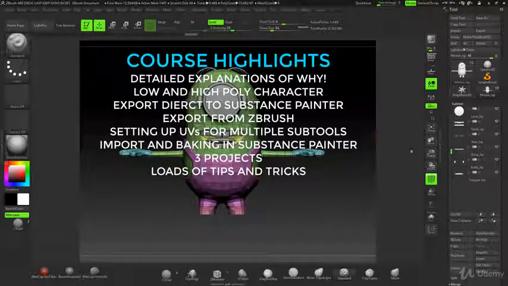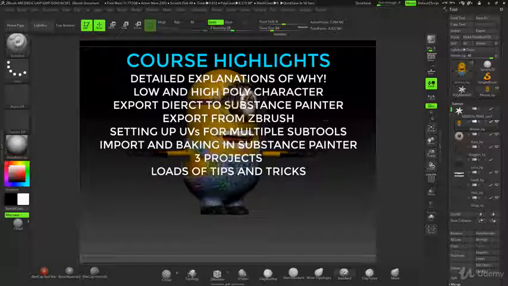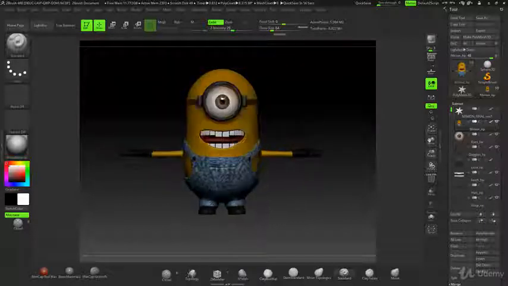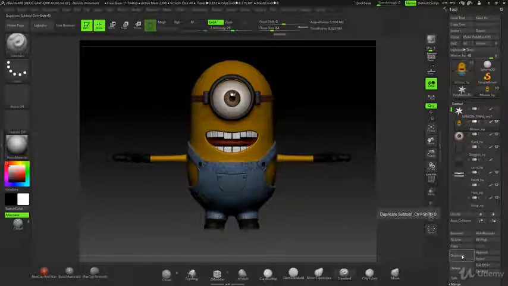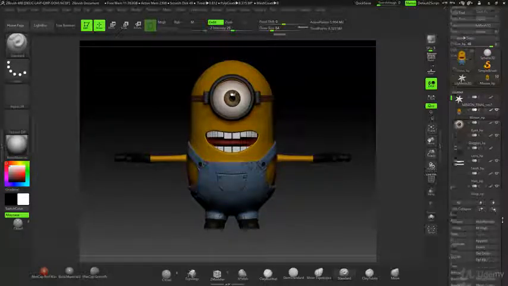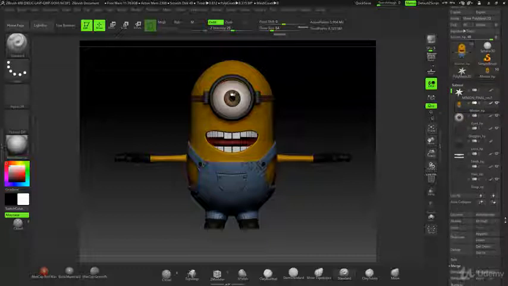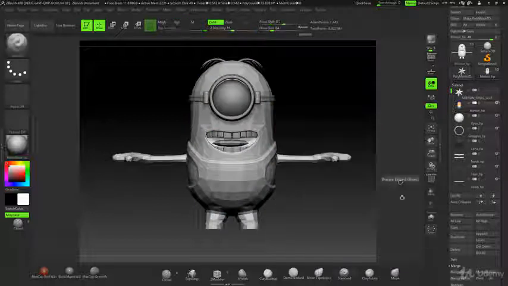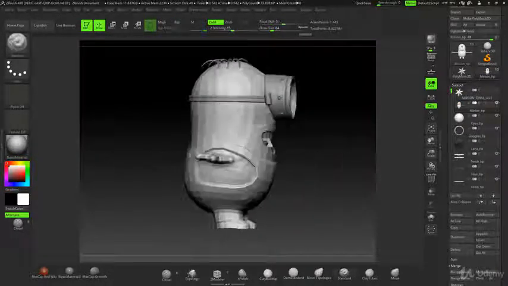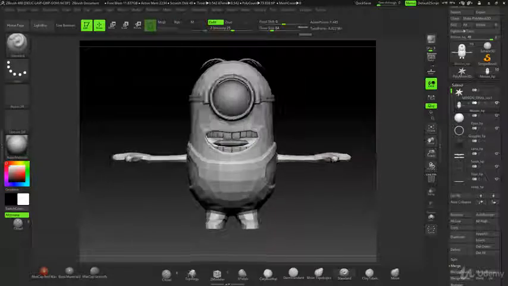So along the way we'll be creating a high poly character like this guy here, and then I'll be showing you how we can retopologize it to get a low poly version of it. To show you the low poly version of this, I'm just going to go into this and click this off, and this is our low poly. So we'll be ending up taking this into Substance Painter and then baking our high poly detail straight to it